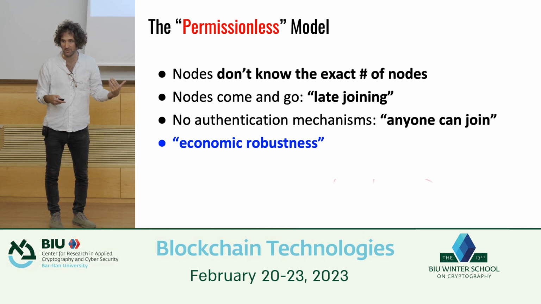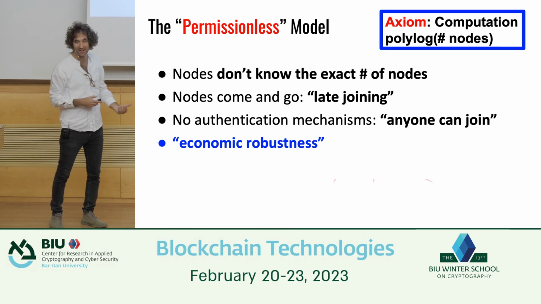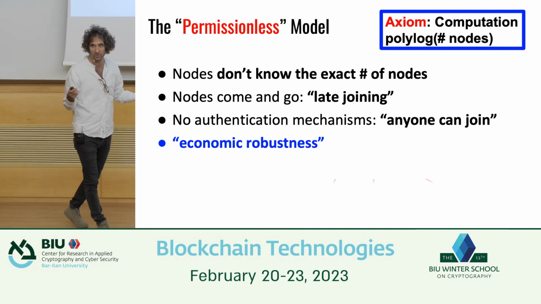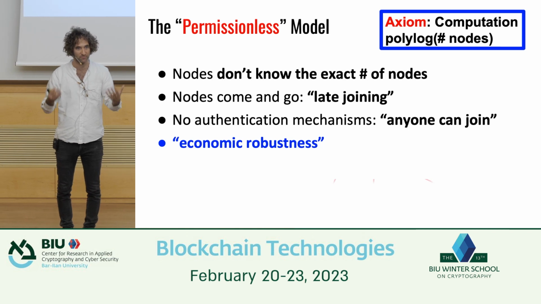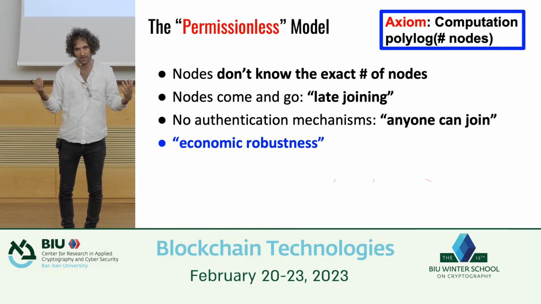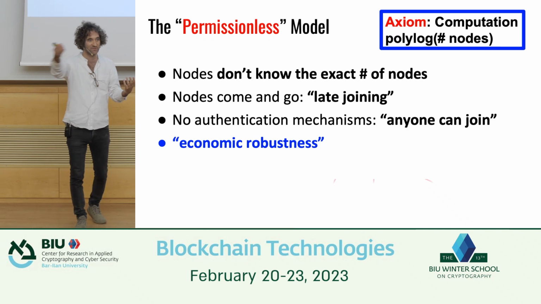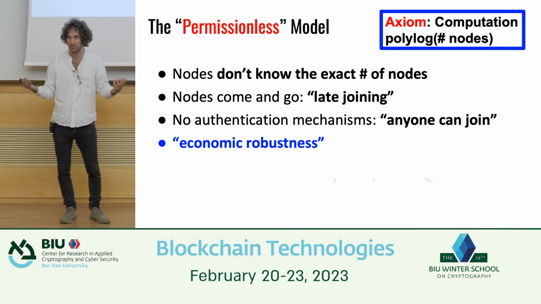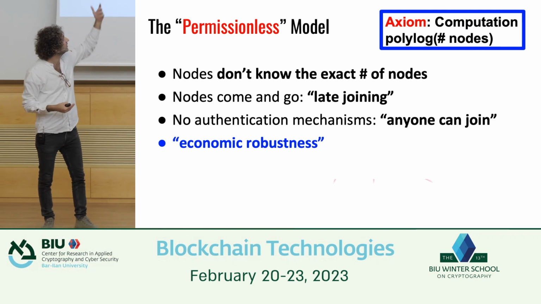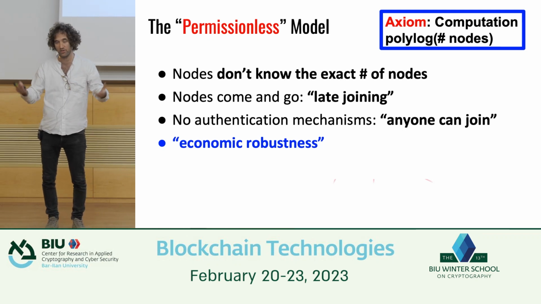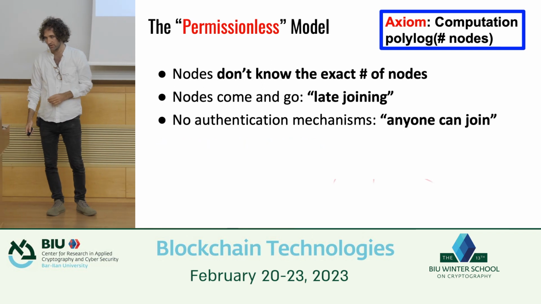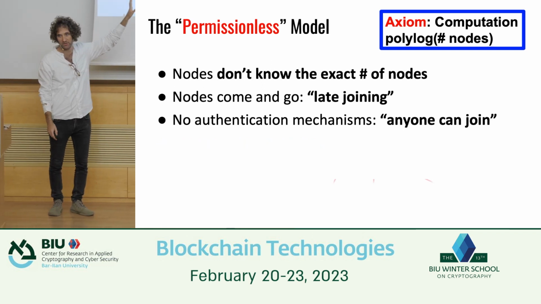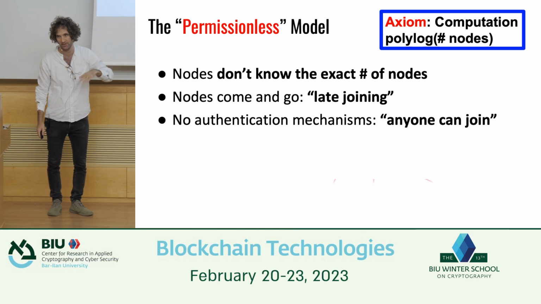There's one more thing that I'd like to mention here in this setting, and that's going to be kind of like an axiom: when we talk about permissionless protocols, we really consider protocols that are run in a massive, large-scale setting. And it's just not feasible then to have everybody participate in the protocol. So what we typically want is a protocol where the computation is polylogarithmic in the number of entities involved. As I mentioned, I'm not going to focus much on economic robustness. I have some slides towards the end about it, but I probably won't get to them.